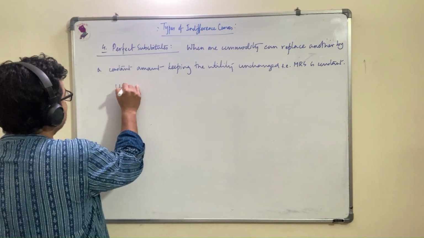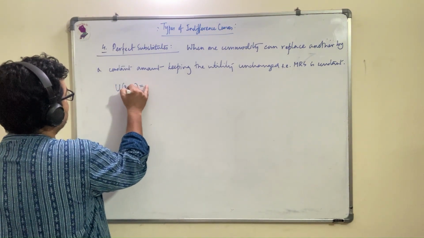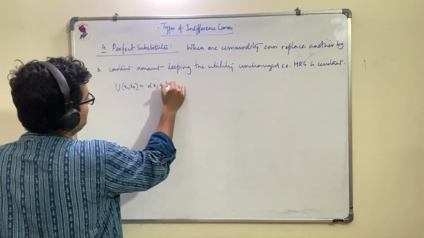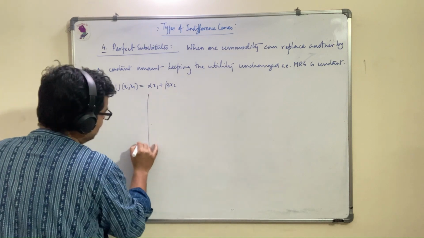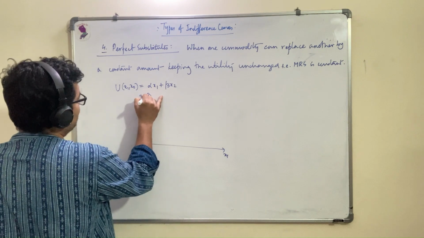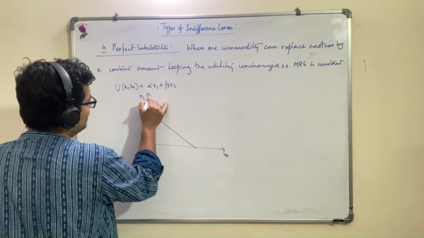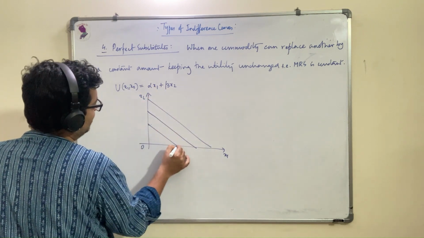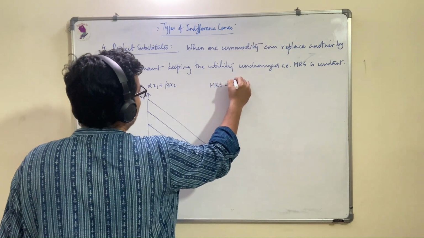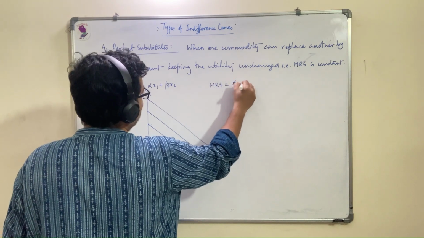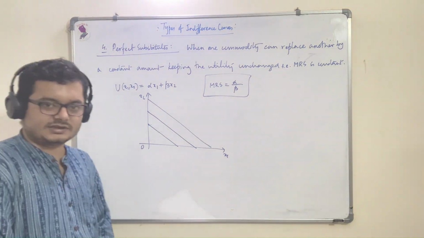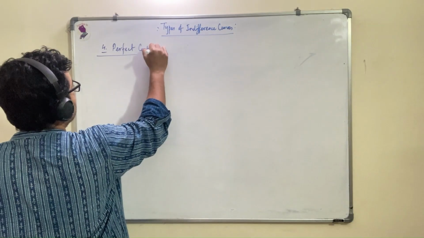We'll take a slightly general version, not really typically x1 plus x2. So let's take alpha x1 plus beta x2, and we know that the ICs are simple straight lines, because it's an equation of a straight line if we put u equal to u bar. So MRS, MU1 by MU2, is alpha by beta, a constant number, no law of diminishing MRS. Now,